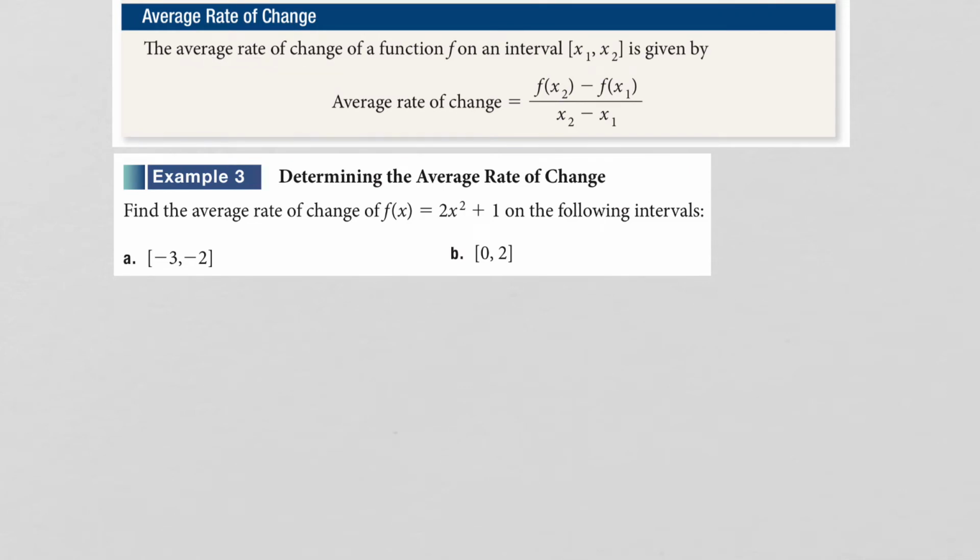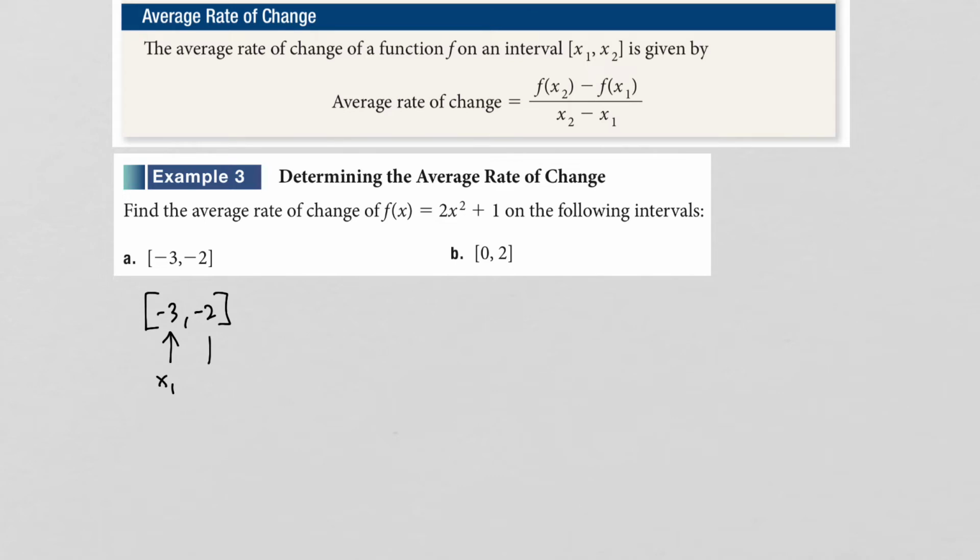So in our first example, we want to find the average rate of change of the function f of x equals 2x squared plus 1 on the following intervals. We'll take these intervals one at a time. So our first interval is from -3 to -2. So what that means here is when you're looking at this interval,